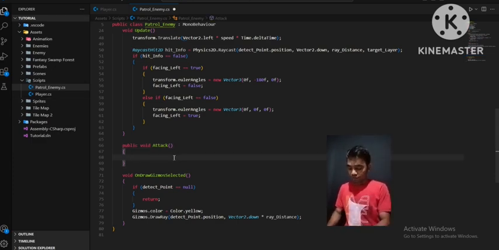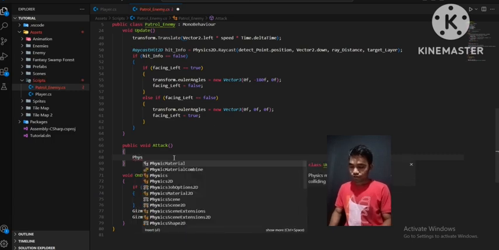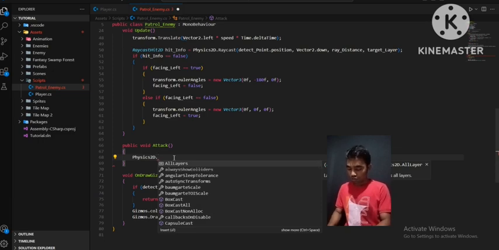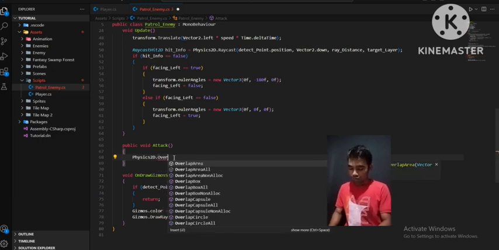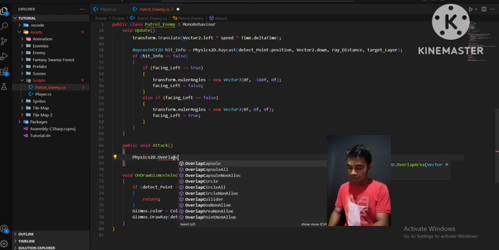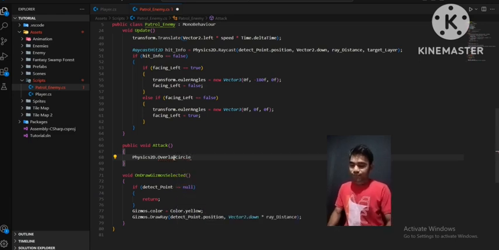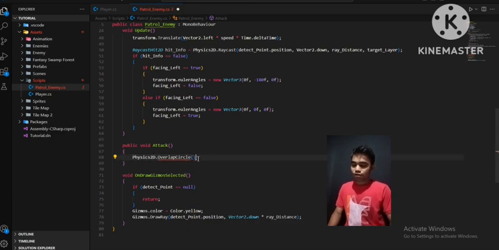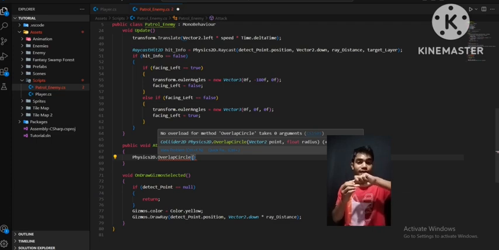To draw a circle we need to type Physics2D.OverlapCircle. This function, Physics2D.OverlapCircle, as a first argument will take the position from where you want to create the circle, and the second thing it will take is the radius, how much radius you want of that circle. The third argument it will take is the layer mask,